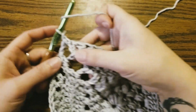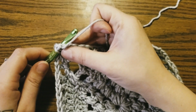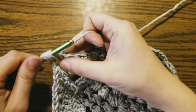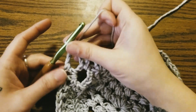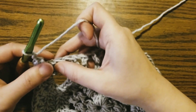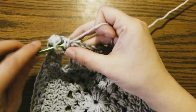So chain 1, which will bring you up, and then you're going to bean stitch, which is yarn over, insert your hook into the stitch, yarn over, and pull up a loop, and you do that 3 times. So that was 1, 2, and 3. And you're going to yarn over and pull through all 7 loops, and then you're going to chain 2, and then you're going to work into the V-stitch, and you're going to put a bean stitch into it, which is 1, 2, and 3,